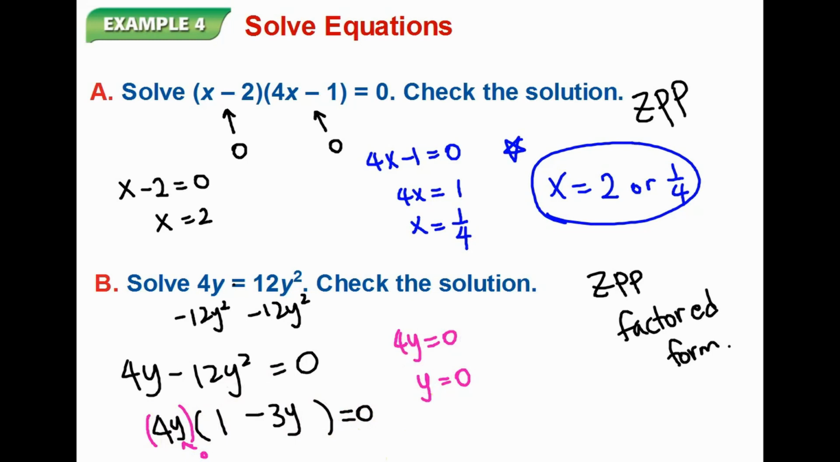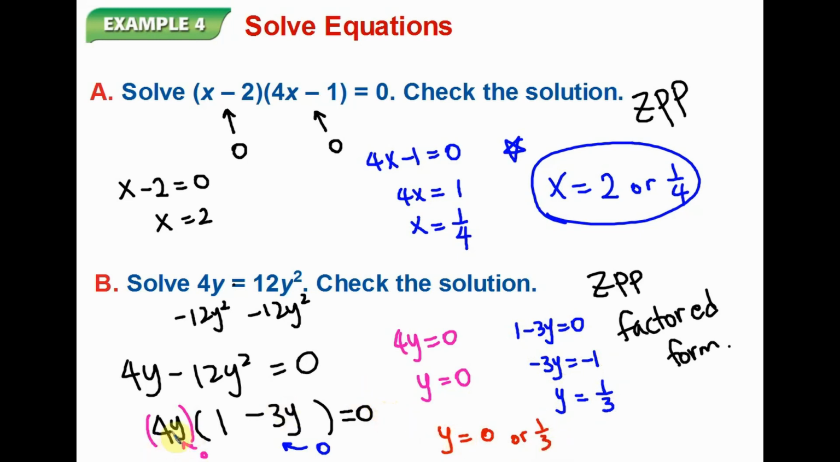Or the second case, when you have 1 minus 3y, that has to equal 0. So 1 minus 3y equals 0. If I subtract 1 from both sides, negative 3y is equal to negative 1. If you divide by negative 3 on both sides, y will be positive 1/3. In this case, if y was equal to 0 or 1/3, I would be able to get 0 eventually,